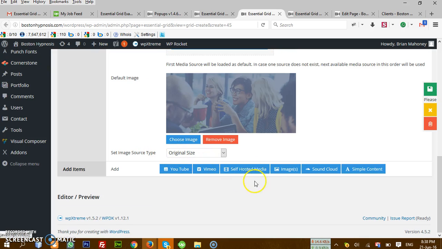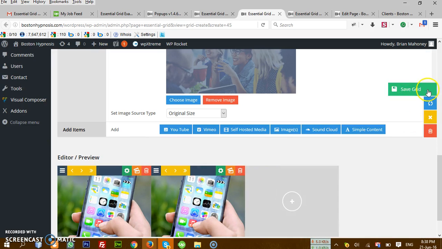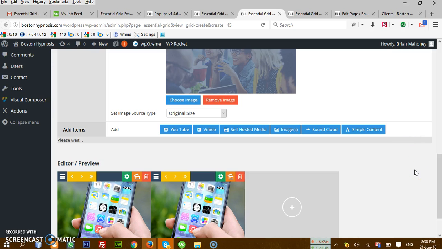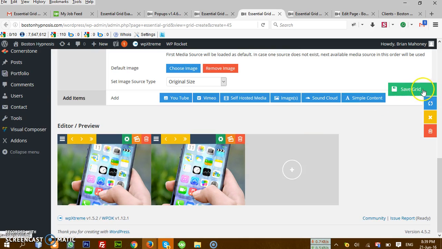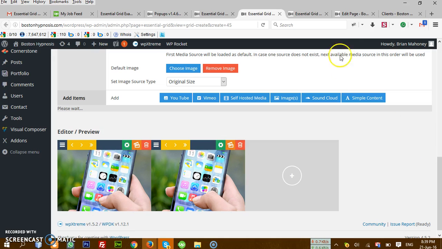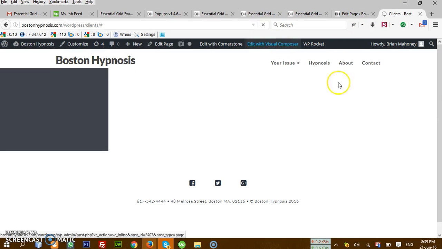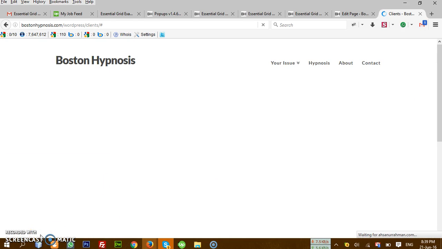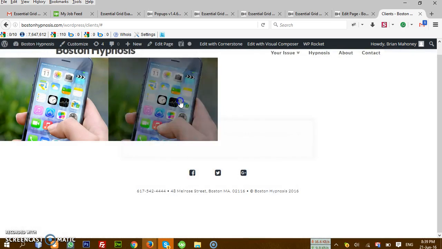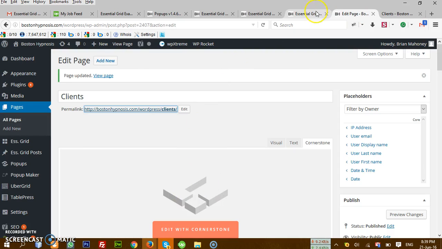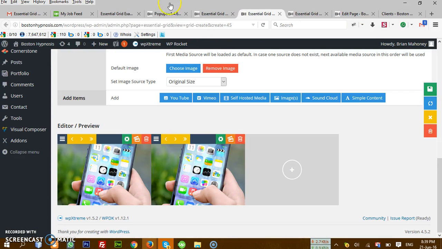Just duplicate this one so that we get two grid items. Yeah, this image is saved, grid, and we also don't need this image as well, as we do have the grid. So just save this one, and let's see the example how it looks like. Okay, here you see the click image and text appearing. So just for the final thing, for the second grid item, you need to create another